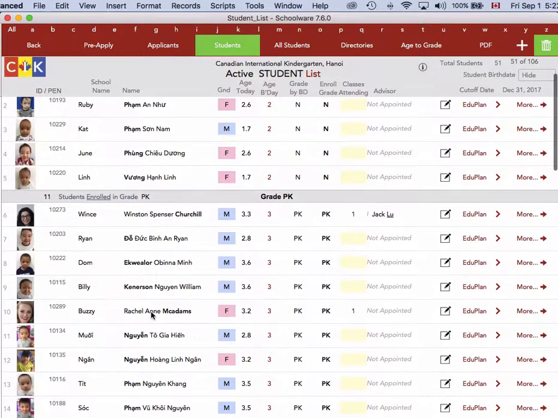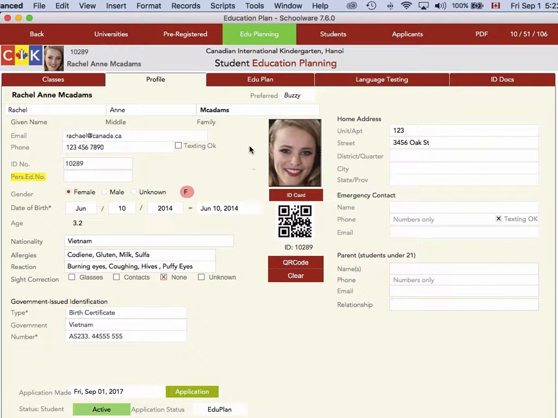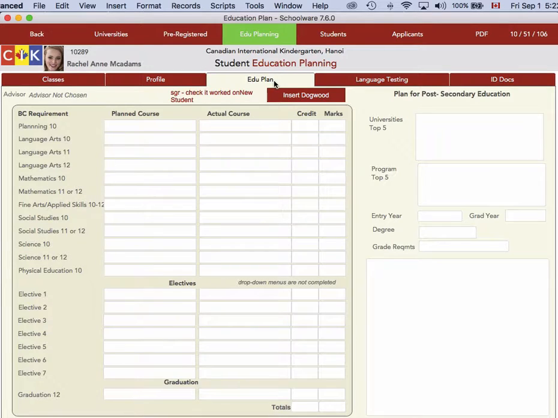We'll go back to our Rachel McAdams and choose the Education tab here. You will have seen this in another video. It's tab Education Plan and the classes. We also provide the information for the profile so that the staff can have this information available to them when they're assessing the students' information, etc. Now the education plan is started